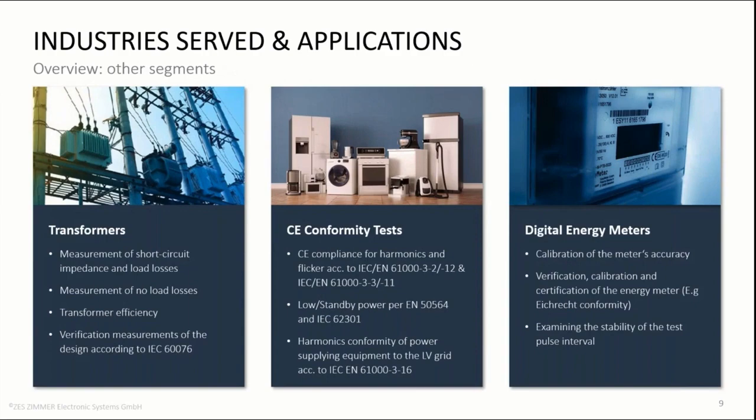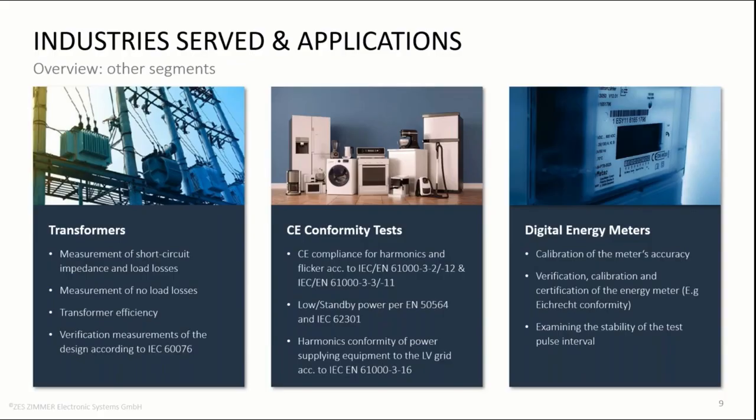Moving on now to further segments, we commonly see power analyzers used for the measurement of short circuit impedance and load losses on transformers, as well as magnetic losses. The method for the measurement of magnetic losses here is identical to what we mentioned in power electronic magnetic components, but at much lower frequencies. By measuring losses, we can determine the transformer's overall efficiency, and having in hand several other electrical parameters, we can verify transformer design according to the specifications of the IEC